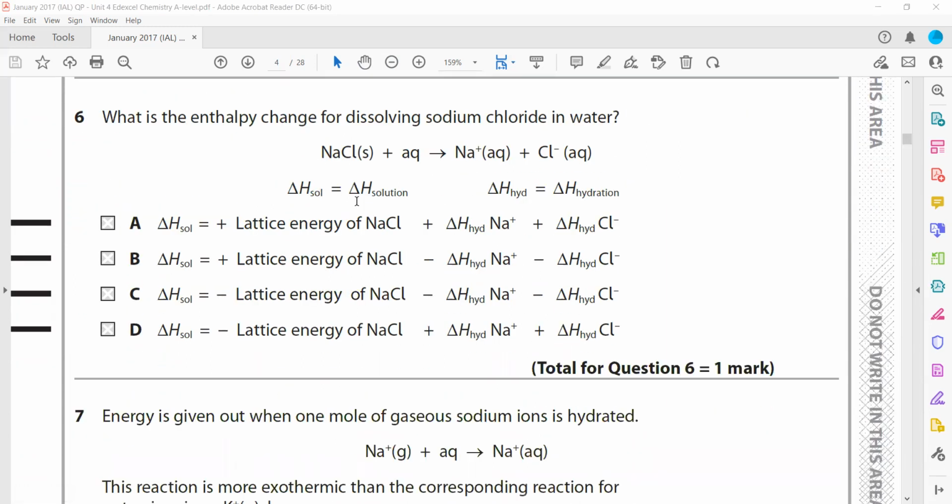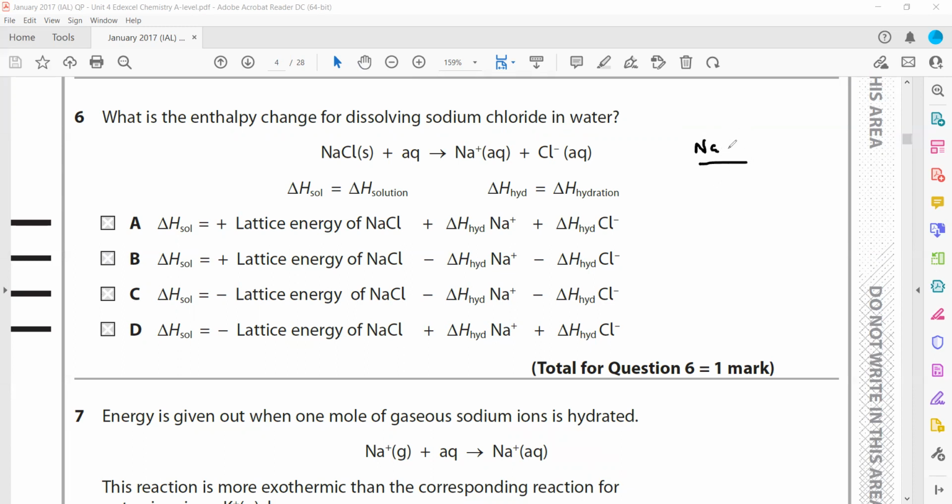Then question 6, what is the enthalpy change of dissolving sodium chloride in water? So the enthalpy change of solution is hydration minus lattice, or minus lattice plus hydration. It's the same thing. Because what happens when we draw the Born-Haber cycle, like first we have a